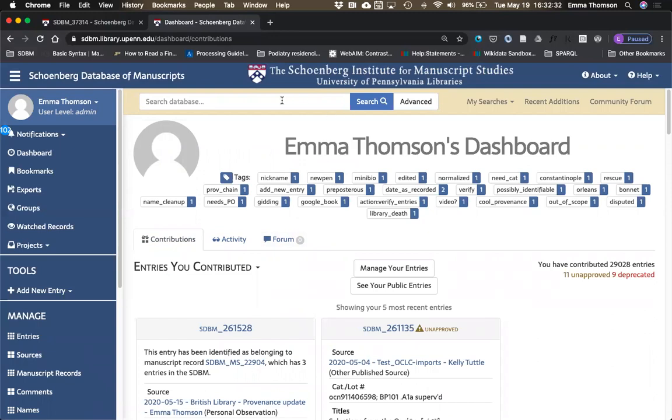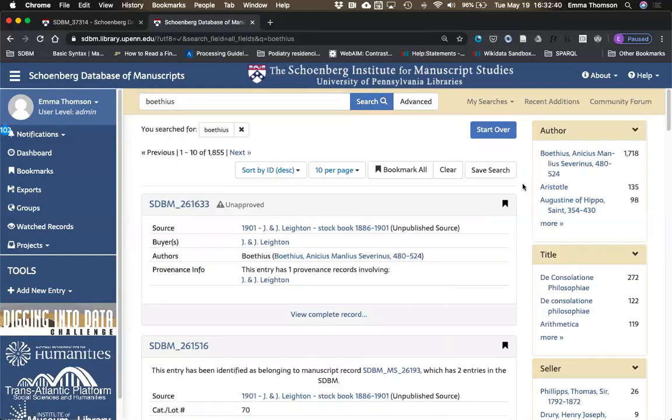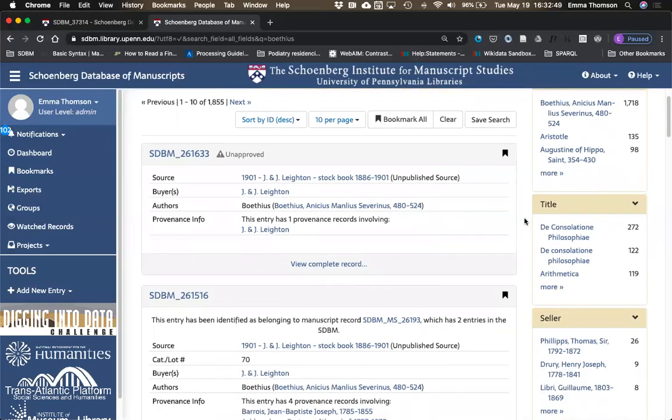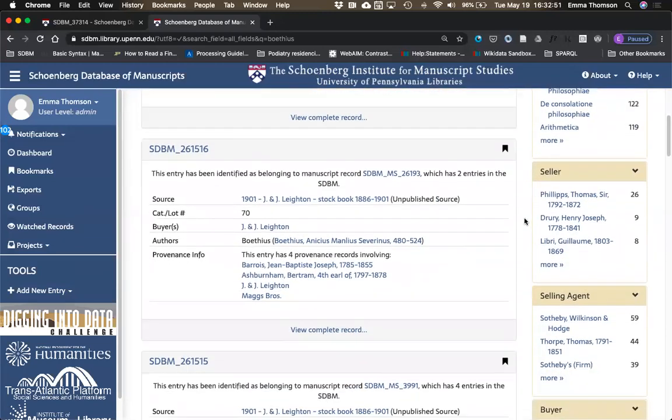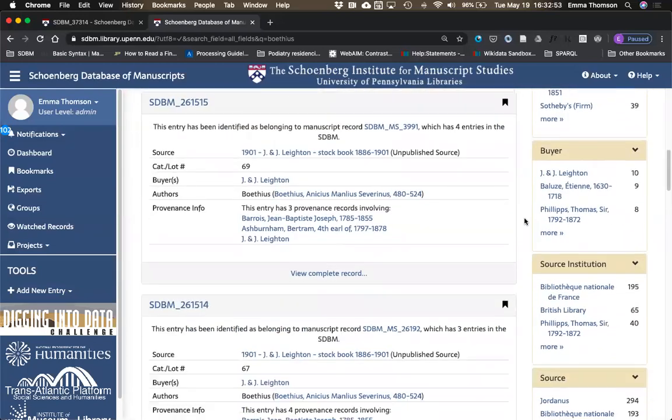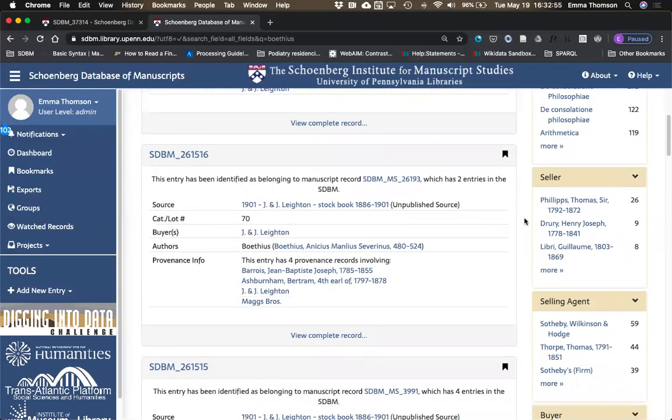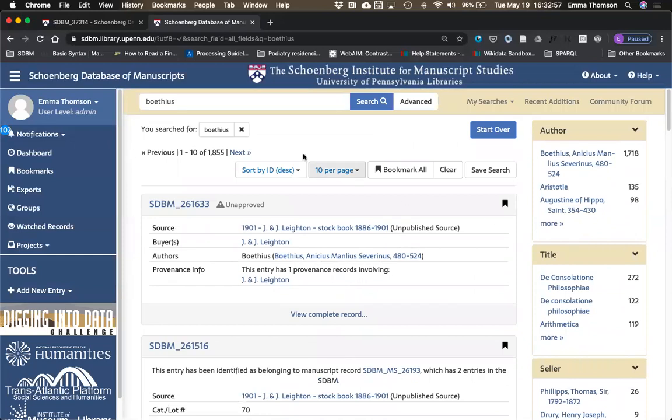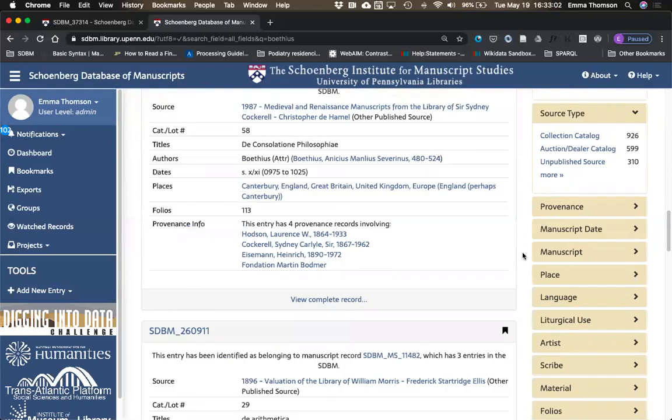Oh, there was one more thing I wanted to show you. I'm just going to do a quick general search just to show you this. So you can download any search results in a CSV file and take our data and do what you will with it, as long as you give us credit. It's licensed under a Creative Commons license. So anytime you're searching, I just did this basic search for Boethius. If you scroll down to the bottom of the page,